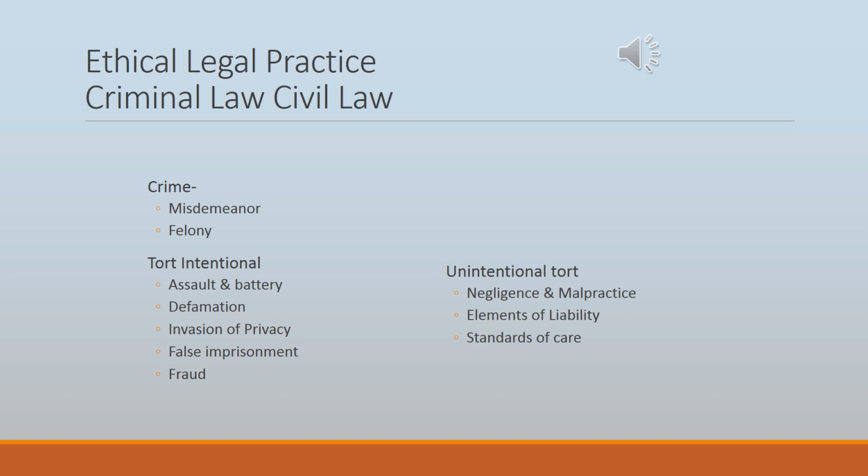Torts may be intentional or unintentional acts of wrongdoing. A person committing an intentional tort is considered to have knowledge of the permitted legal limits of his or her words or actions. Unintentional torts are referred to as negligence. A person who fails to initiate proper precautions to prevent patient harm, like falls or skin breakdown, is subject to the charge of negligence. Within intentional torts, you have assault and battery.